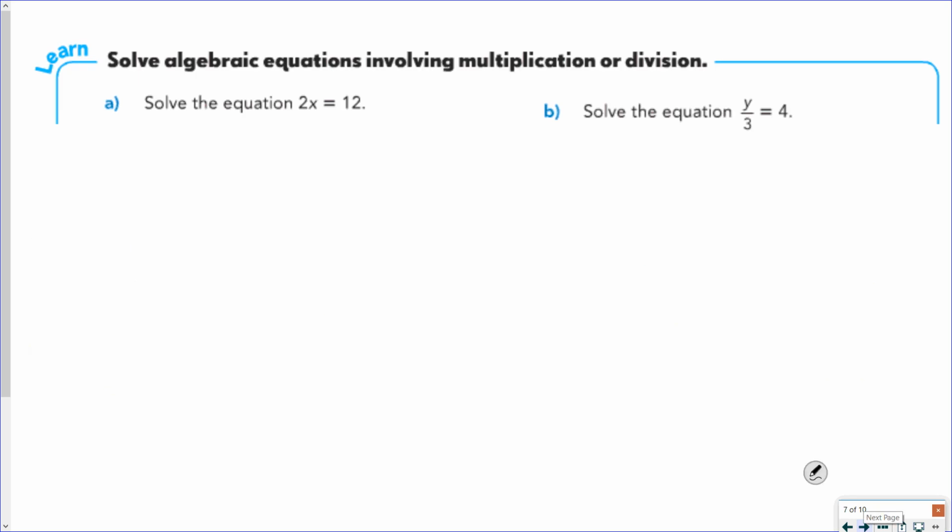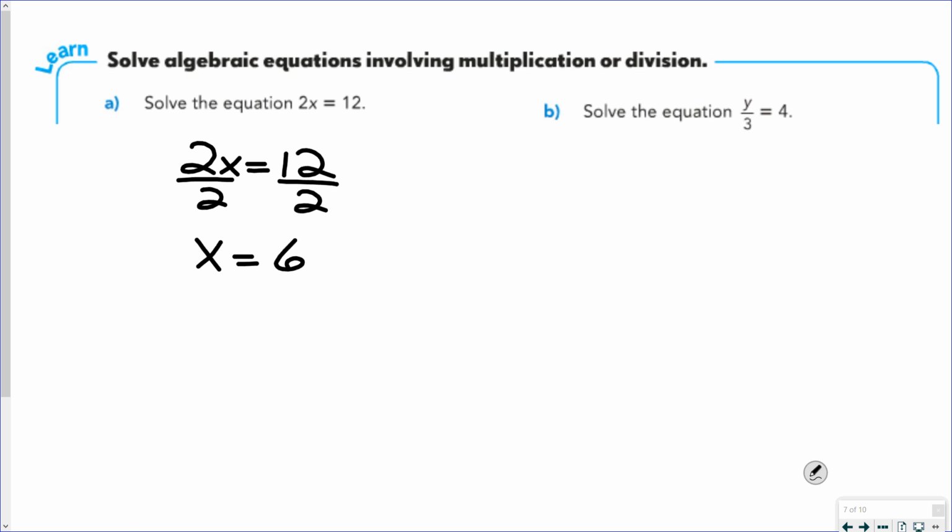Part A, solve the equation 2x equals 12. I'm just going to rewrite that a little bit bigger. So as we said before, since we're multiplying x by 2, we're going to divide both sides by 2. So x would equal 6. For part B,